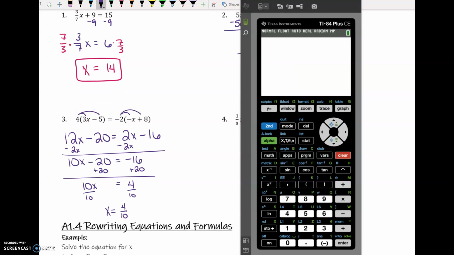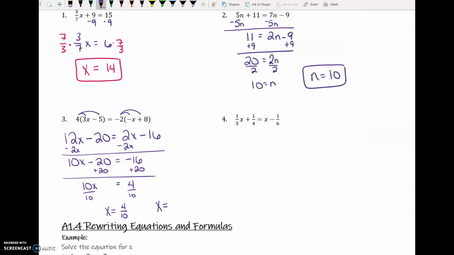So we subtracted 2x on both sides, then I added 20 on both sides. I have 10x equals 4. We divide both sides by 10, and I have 4/10. But we're not going to leave our answer as 4/10. Now, you may be able to simplify that to 2/5 in your head, but I wanted